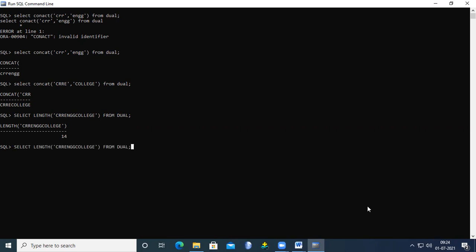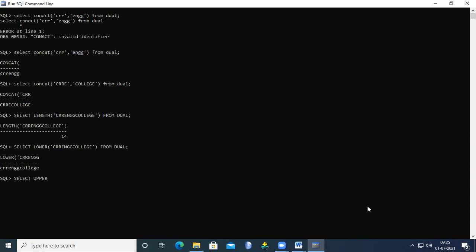In the same way, we already discussed upper and lower, am I right? For example, if it is lower, in the same way we can give upper also. So we can easily remember these types of string functions. From the exam point of view, they ask what the string functions are and what the date functions are, explain with examples. So we can easily remember ceil, round, trunc.